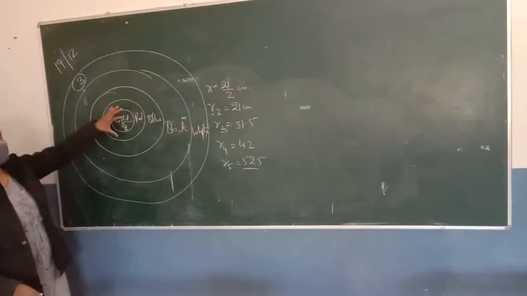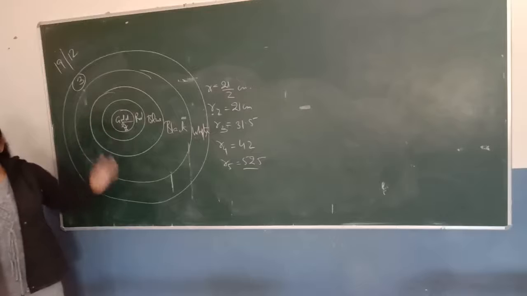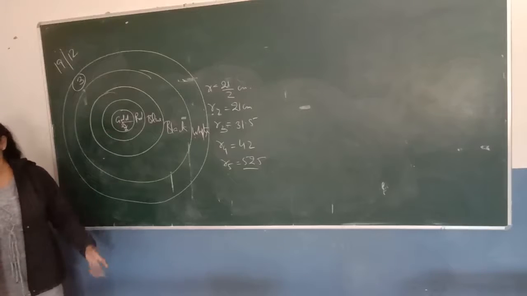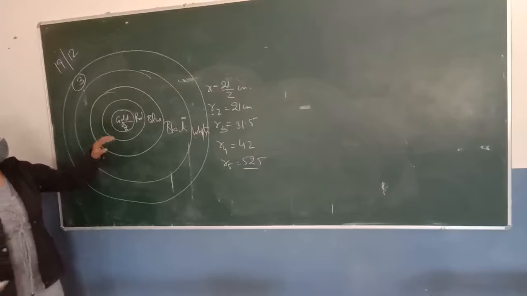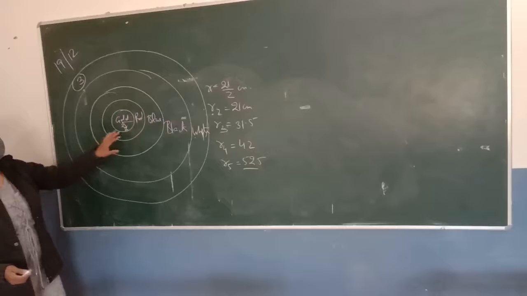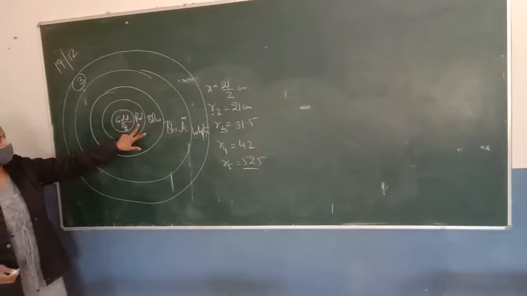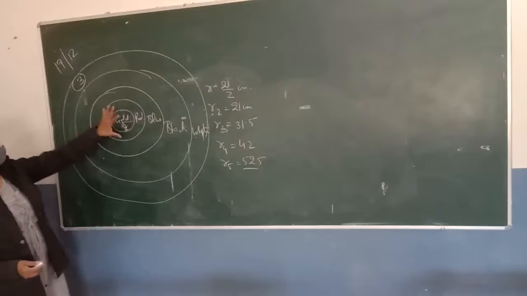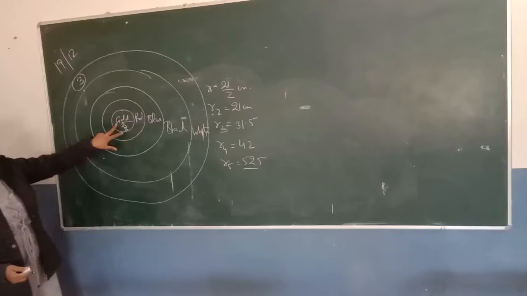For finding the area of the gold, what will you do? First, find out the area of gold by the simple formula pi r square. So we can find the area by using the formula pi r square, where we know that the radius of the circle is 10.5. Okay. Now if you want to find the area of the red portion, what will you do? We will find out the area of the gold and red together, and then we will subtract the gold area from it. Okay, you will find the area of this whole circle, and then we will subtract this one.